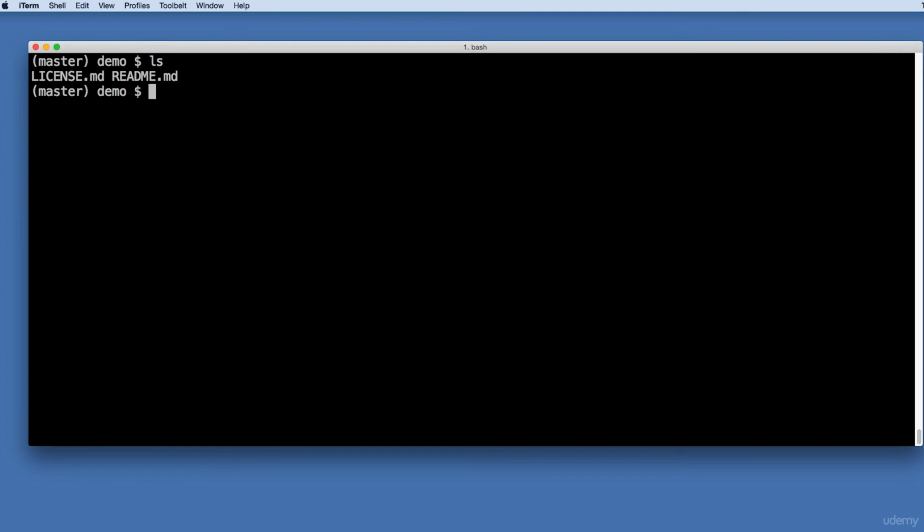Let's create a new file using the touch command, touch space myfile.txt. Note, this is not a Git command. This is just a bash command that is used to update or create new files. Doing an ls, we see we have our myfile.txt,